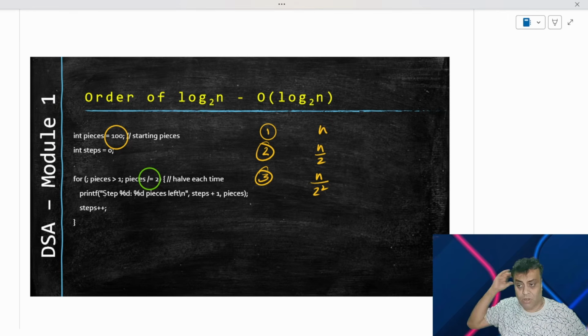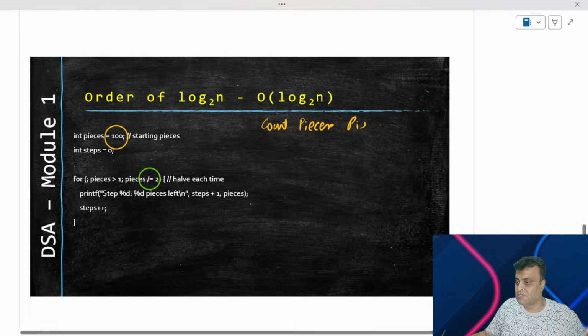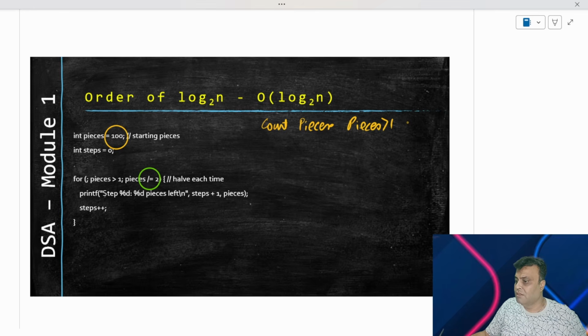Right? So this way, what is happening is, let me put it in a different way so that you can understand in the normal dry run fashion. So let us say that we have a count of run, we have our pieces, and we have the comparison of the pieces. So pieces is getting compared with 1, and then we are decrementing pieces by slash equal to 2.